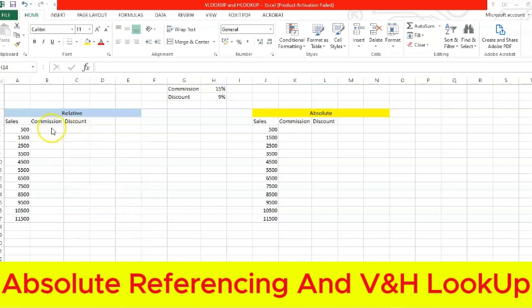All right, to start here, I have my column showing sales, and I've got a commission. I need to calculate how much commission I have after having such sales. Then also given the commission percent, which is 15%, and discount percent, which is 9%. So if I'm just going to calculate this without using the concept of absolute, which I'm going to discuss a bit later,